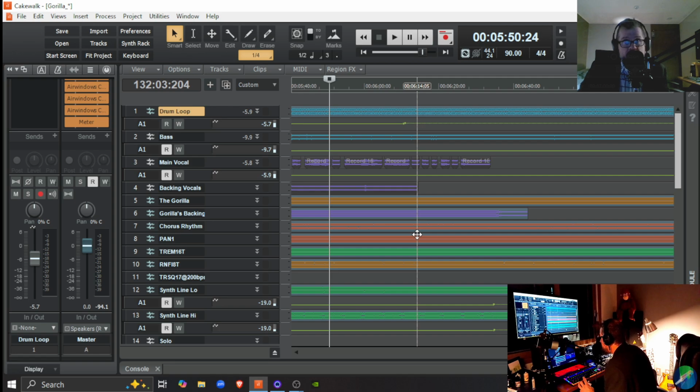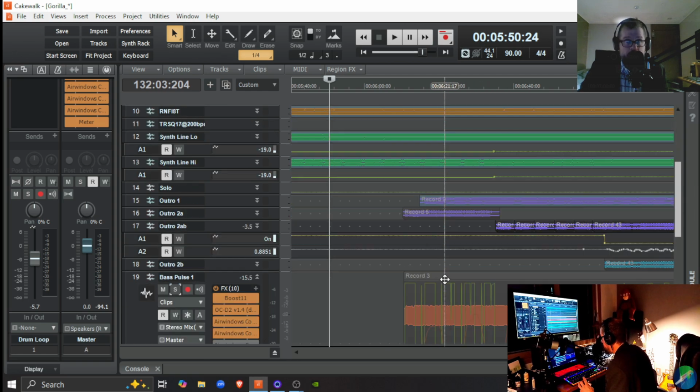In some cases, those tools cut through so well that I have to decrease volume. Air Windows tools are really something else. NENKO, really something else.